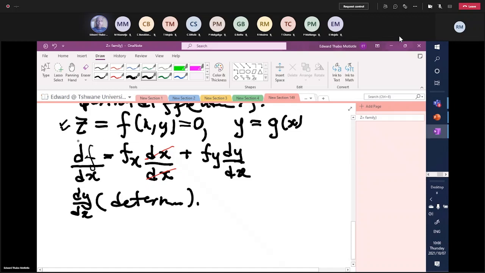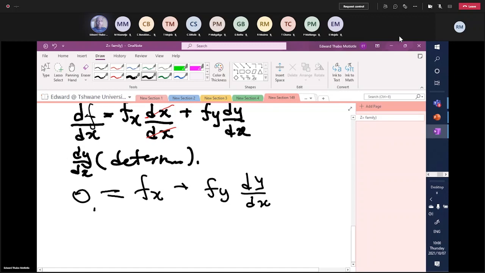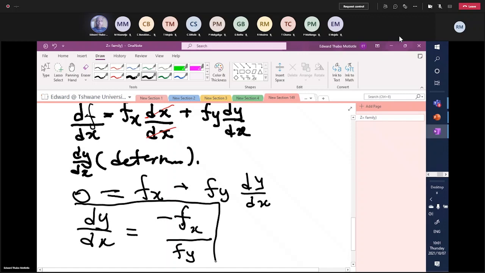It means that if the derivative with respect to x is basically 0, then we have 0 equals fx plus fy dy/dx. Now, making dy/dx the subject, dy/dx is equal to minus the first derivative with respect to x over the first derivative with respect to y. Now, this equation that we have here is the equation that we use to determine